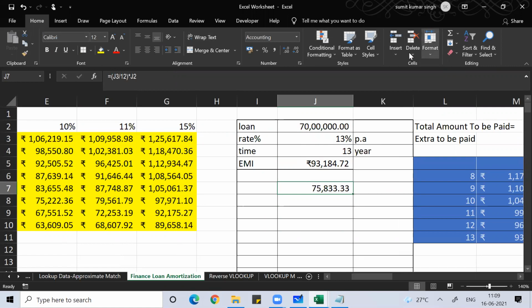If you're charging 13%, I understood. So if you calculate 13% on 70 lakhs, the interest should come around 75,000.